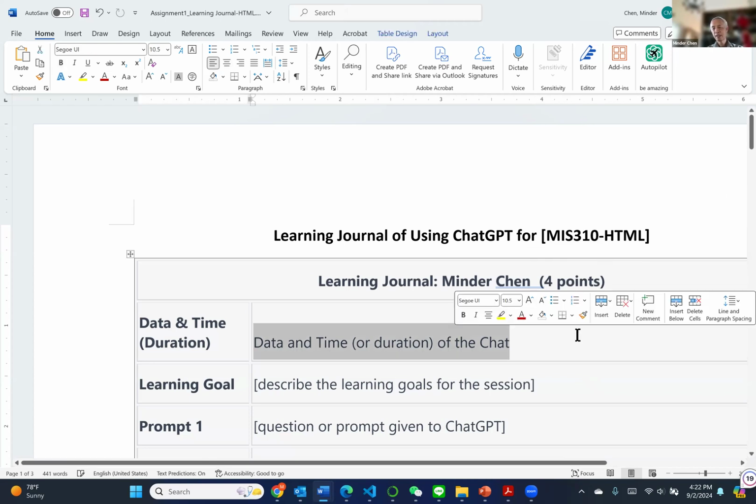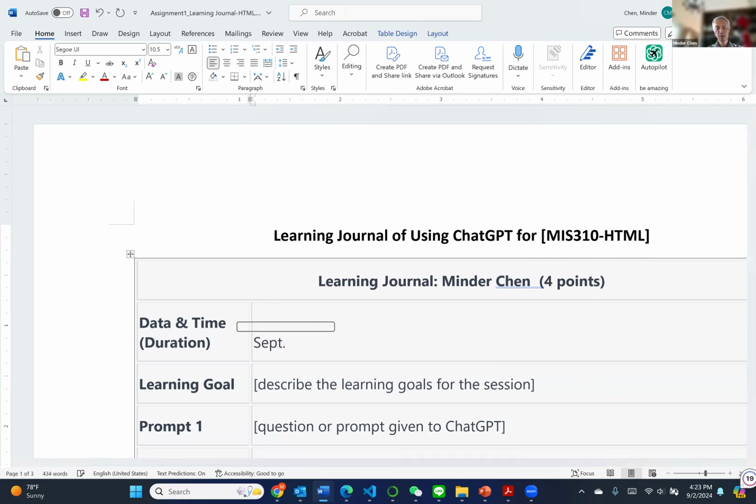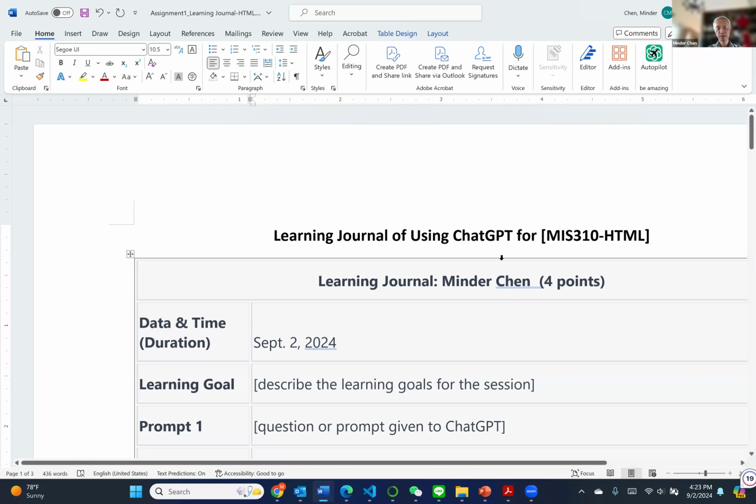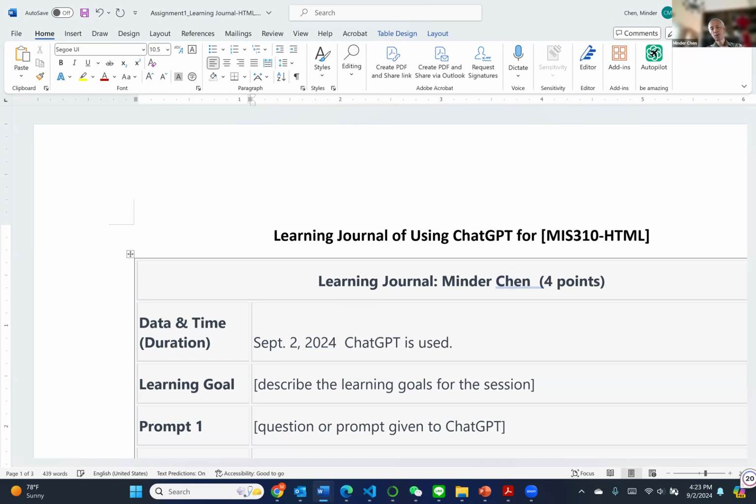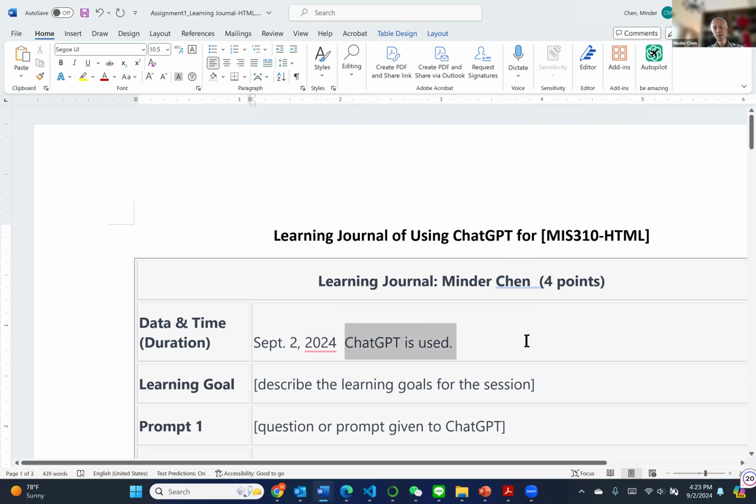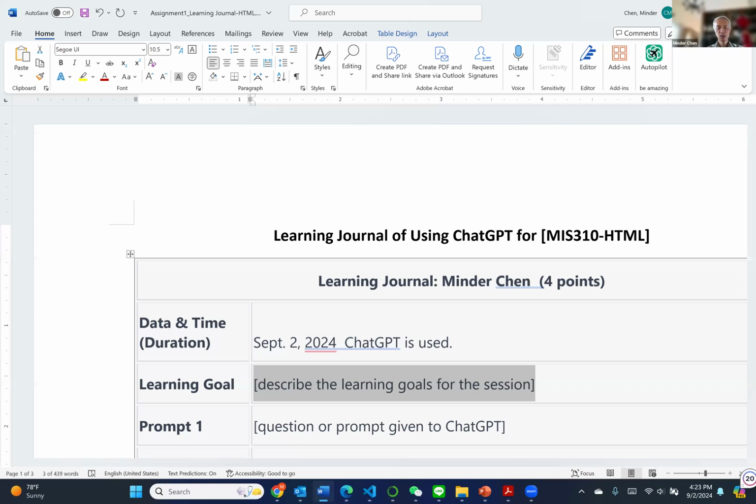You specify the date and time. So for instance, you say September the 2nd, 2024. You may want to add that ChatGPT is used. It is possible you use other tools like Gemini from Google or Copilot from Microsoft. By default, I recommend you use ChatGPT because it's free and easily accessible. For the learning goal, for instance, you can just say learn about